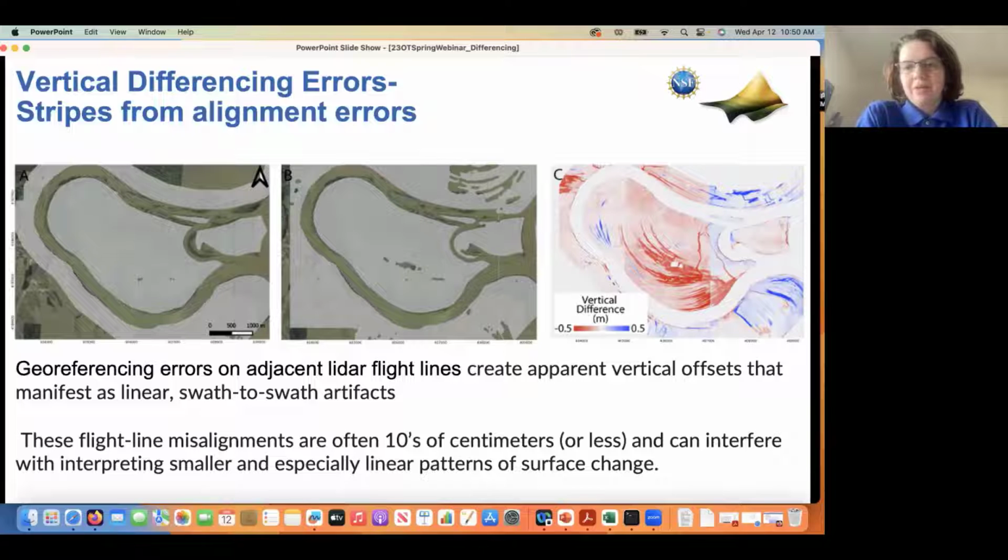So LiDAR can be on the order of like 1 point per meter squared, and SFM on the order of 200 points per meter squared. So it's about 2 orders of magnitude difference. So in this case, what I've typically done is